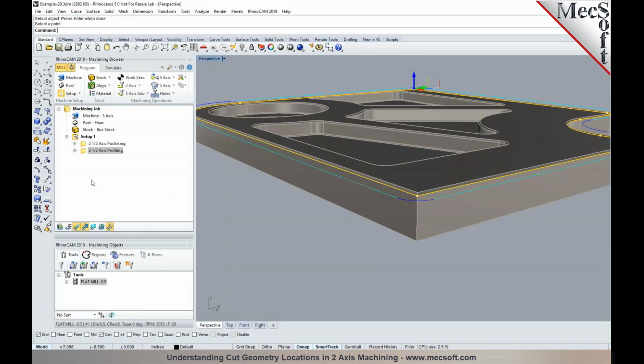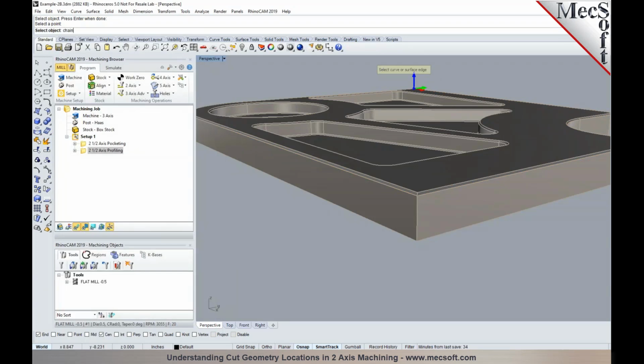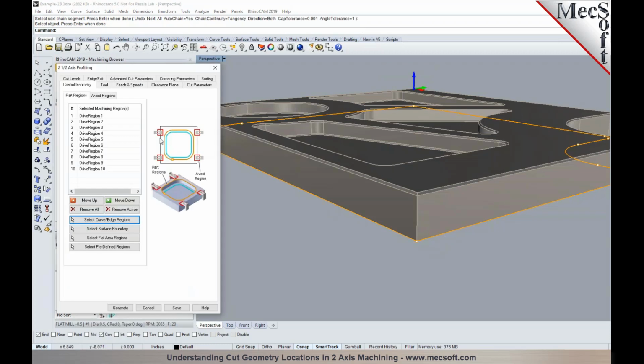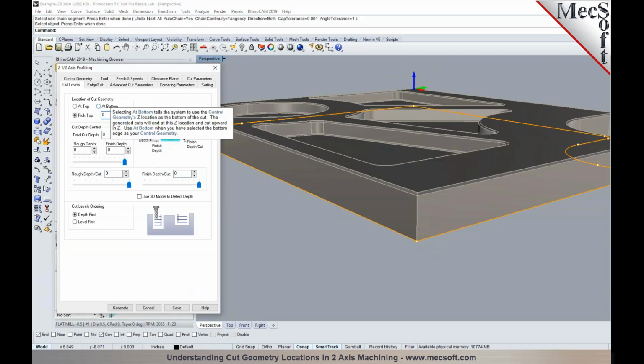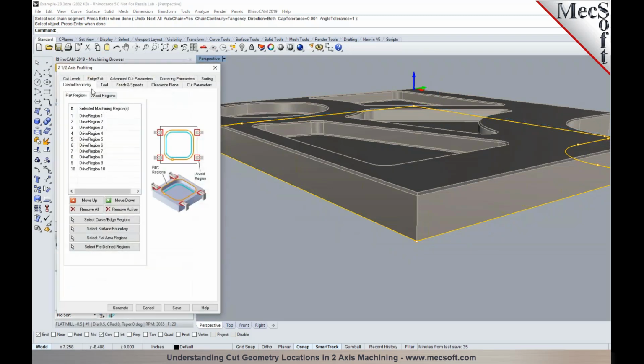Now, you could have selected the bottom edge around the part in this particular example. So selecting bottom and specifying the location of cut geometry to be at bottom will ensure that the cuts will not go below the bottom level where you selected. So if you have a need to be able to go slightly below the bottom of the part by a few thousandths to relieve the material, you would want to make sure that you use the option as pick top